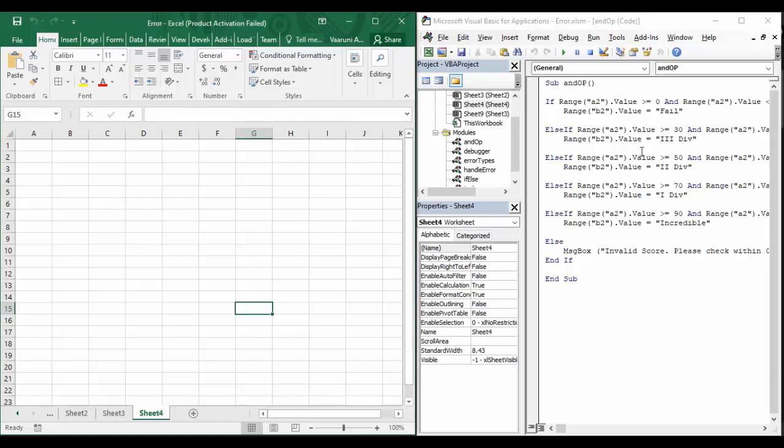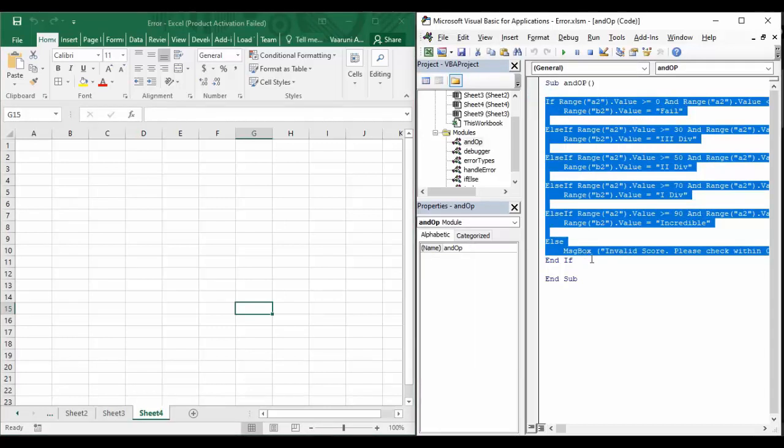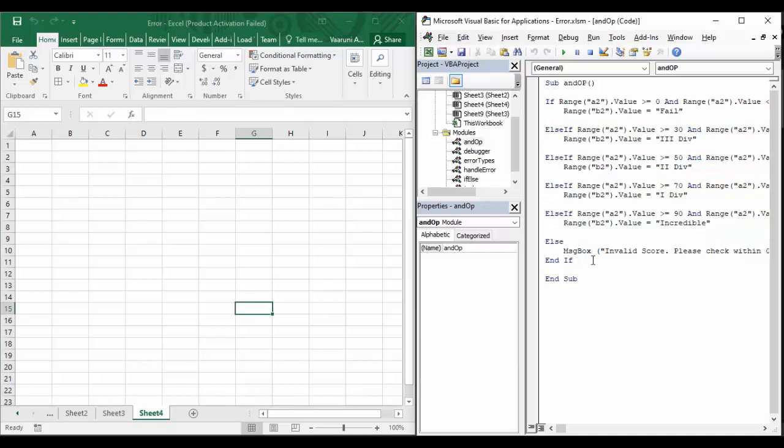In the previous video, we saw these if-else statements in which there was a bunch of conditions given to us, and according to that we wrote this much piece of code to execute those conditions. But with the help of the select case statements, this code could be drastically reduced. So that is the usage of the select case statement. It does the same work as the if-else statements, and it does the same work in very few lines of code. So in this video, we are going to see everything about the select case statement,